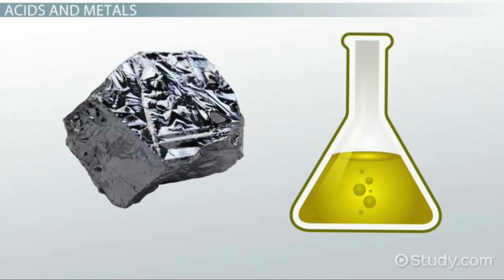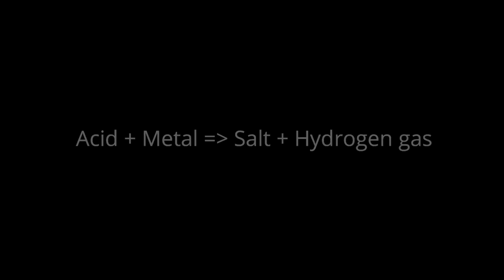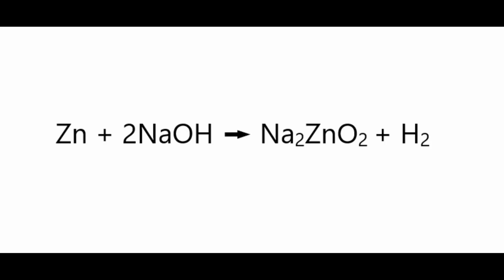Now let us understand the reaction of an acid or a base with a metal. Now when an acid combines with a metal, it gives us salt and hydrogen gas. Now for us to understand it better, we perform an experiment where we take the aqueous solution of sodium hydroxide and add zinc to it. Now this zinc combines with the sodium hydroxide to give us a salt named sodium zincate, whose chemical formula will be Na2ZnO2.